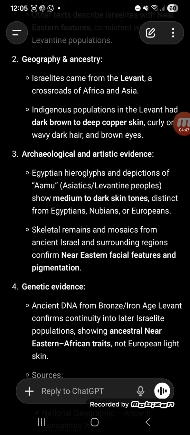And let me continue to just say, I hope I get it right. I'm glad I screenshot it properly this time. It says indigenous populations in the Levant had dark skin to deep copper skin, like I said, curly or wavy dark hair, and brown eyes. Archaeologists and artists